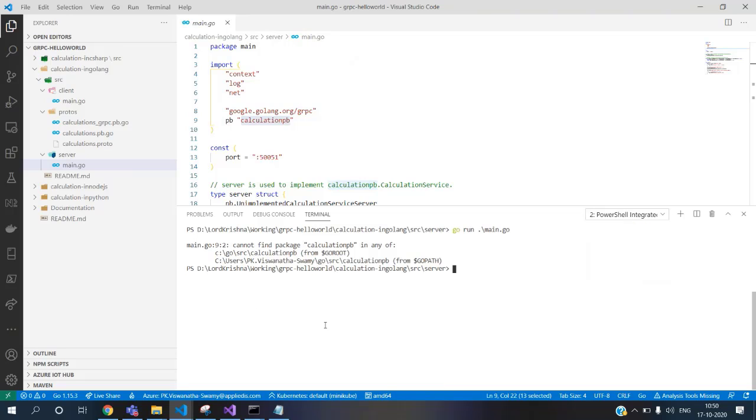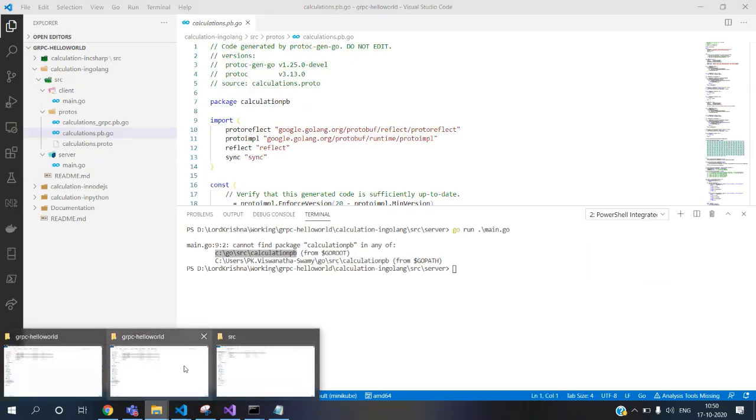Okay, see this. This is what I was telling. I could not load this within the folder. When I was executing it, I got this error. It says that it didn't find this package calculation PB either in go source, go root, or go path. So I understand it is expecting these files to be there. I don't know how I can push those files there, but I just opened that folder